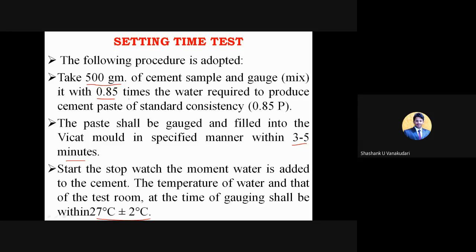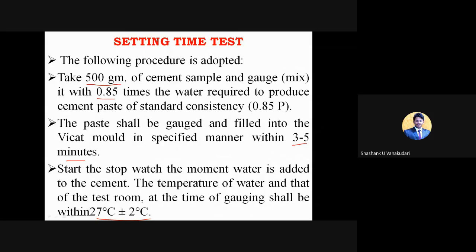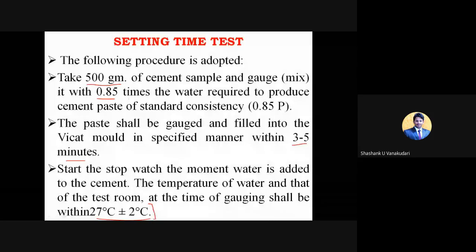That is the room temperature, because it is going to vary a lot when you use this cement paste in high temperatures like 45-50 degree. That cement is going to set at an earlier time. Okay, that time you won't get to know the proper initial setting time, because at the exterior of heat that concrete will get hardened at an earlier time, correct? So because of that reason we need to maintain the standard temperature, that is 27 degree plus or minus 2.